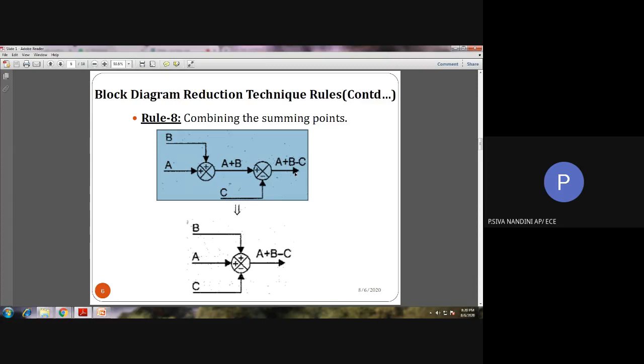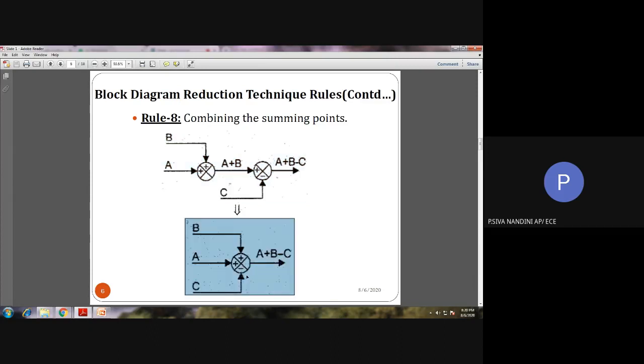Here we can combine the summing points also, because as we said in the previous classes, a summing point can add or subtract two or more inputs. Here we are having three inputs A, B, C. These three inputs can be given to the same single summing point. How we can give? We shall see here. We have drawn a single summing point and this A is fed with the